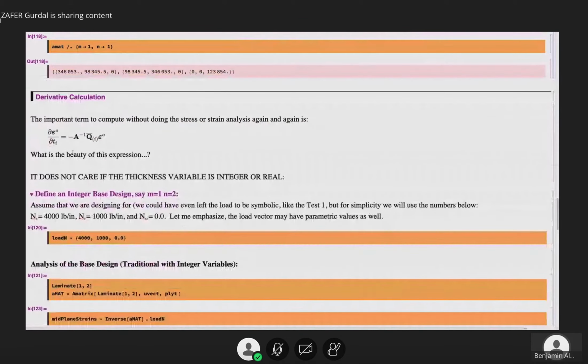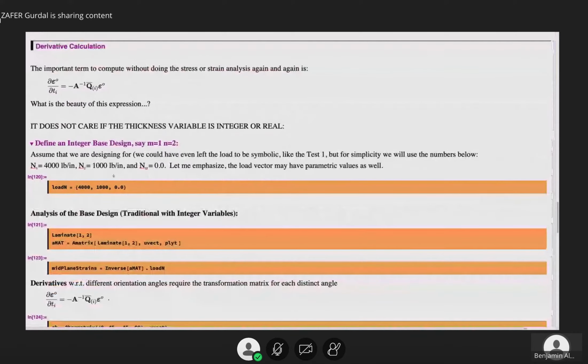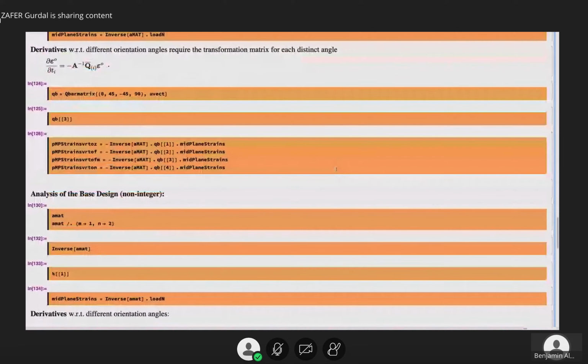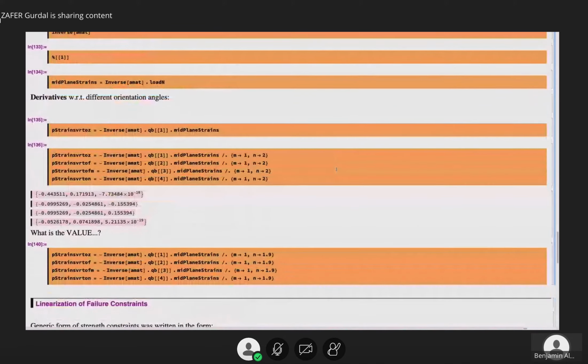Then we showed the derivative calculations, how it's done. We introduced the load to be a fixed load. As I mentioned last time, if you want, you can also put parameters in here, alpha and beta, to define different load conditions parametrically. So I'm going to also execute this entire group,